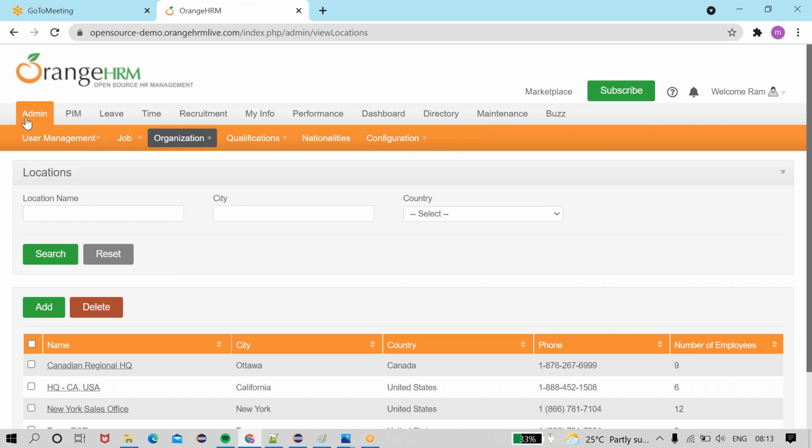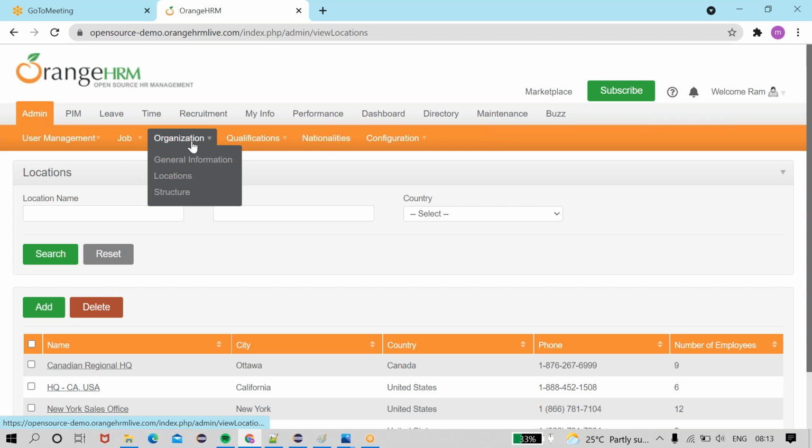See guys, basically I am first navigating my mouse pointer to Admin. This is one operation, yes or no? One function only. And the second is I am moving to the Organization. Second functionality. And the third functionality is I am coming to Locations. These three actions are stored in the form of a list. If I click on perform, first it will perform the first item, then the second, and third it will do the third operation, using the perform method.